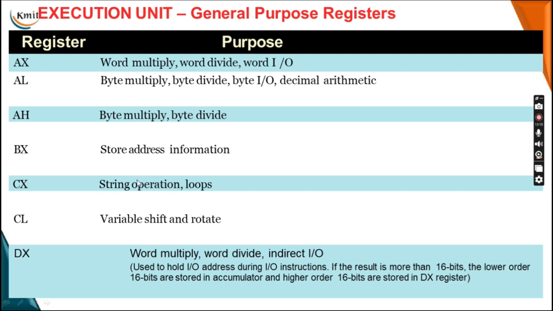For string and loop instructions, we will have the number of loops, and that information will be stored in CX. So for counting purposes, this CX is used. Similarly, CL and CH,